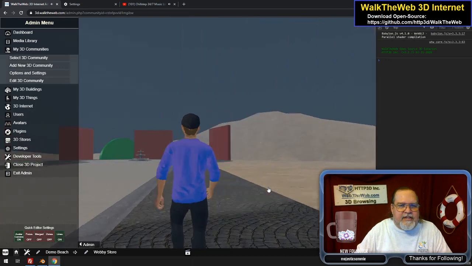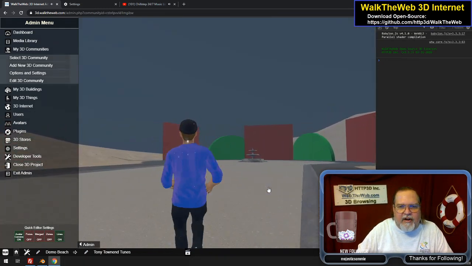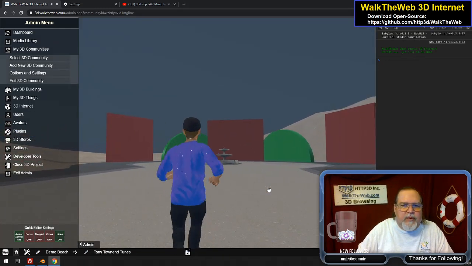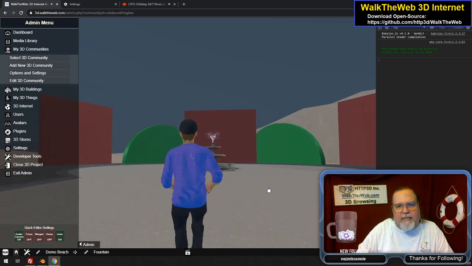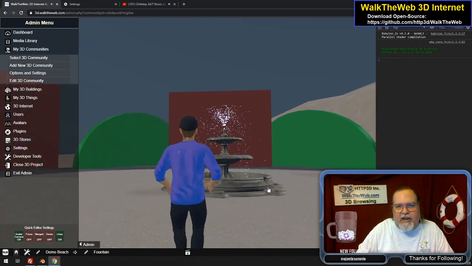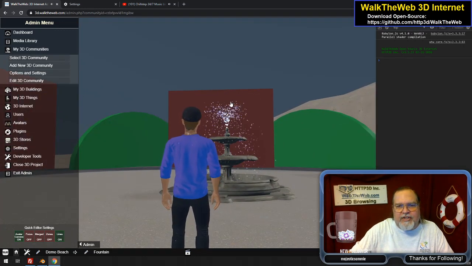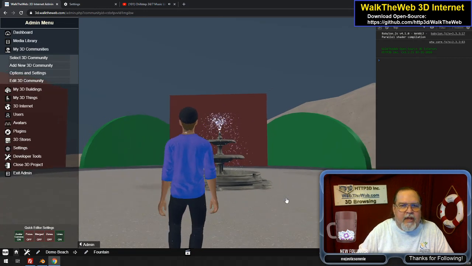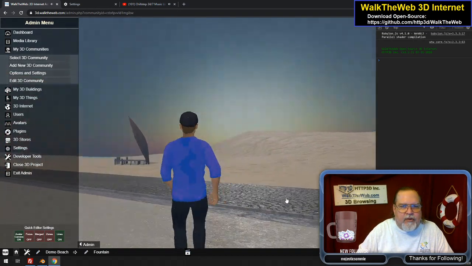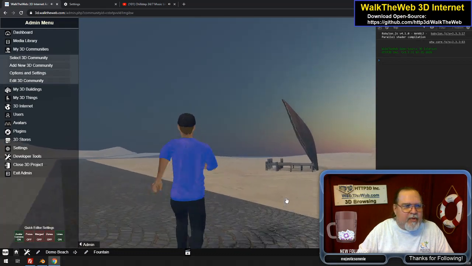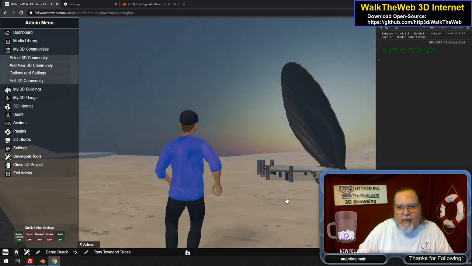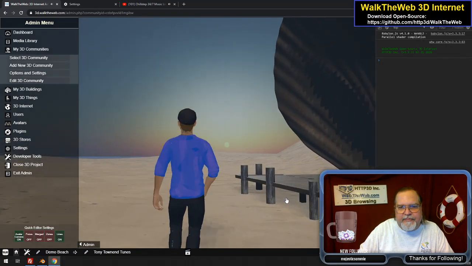The other thing is we can do things like over here, we can do sprites, and we can do all kinds of stuff. So like here, I have a working fountain. So you can actually have water fountains that work. I also, let's see, what else? Oh, here's a couple more of just animated characters. When you walk over here,